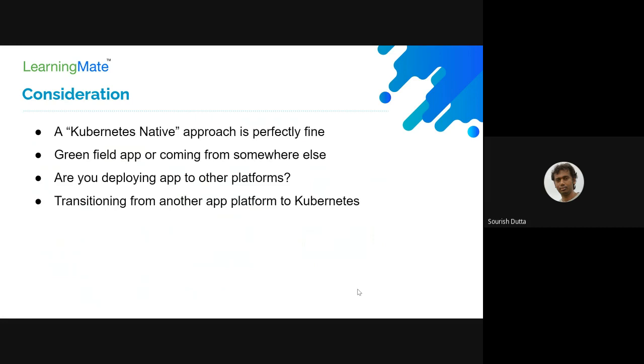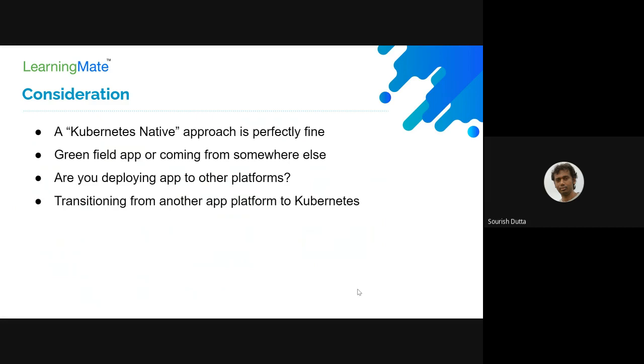Okay. Now this Kubernetes approach is more preferable when you are starting a greenfield app or you are starting new microservices. Okay, and it can be considered provided you are deploying your application to a different platform. For example, you are moving from on-premise to cloud, or you are deploying some of your application to a multi-cloud environment. So, for example, say your application currently is running on Azure, and you need to provide support on